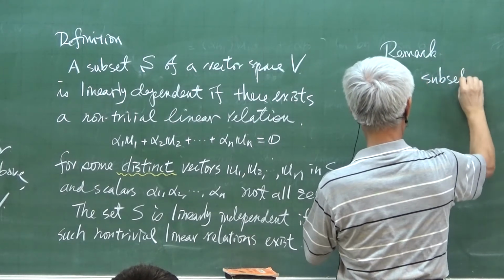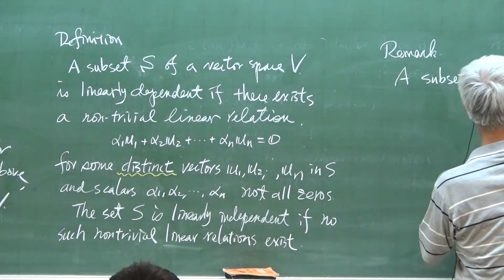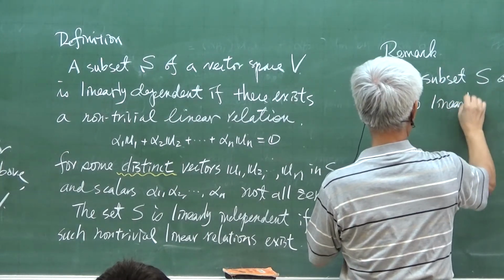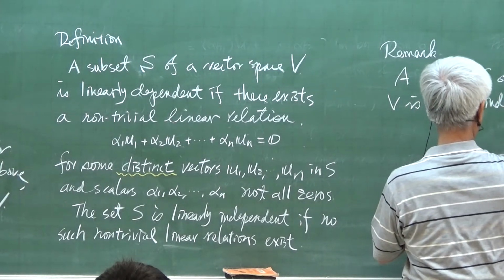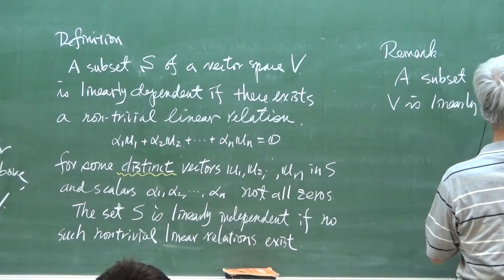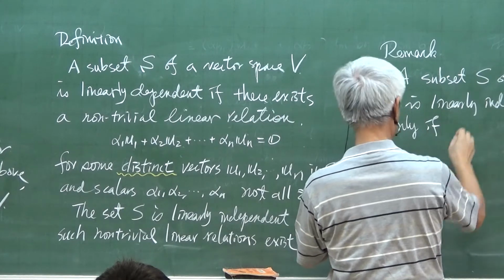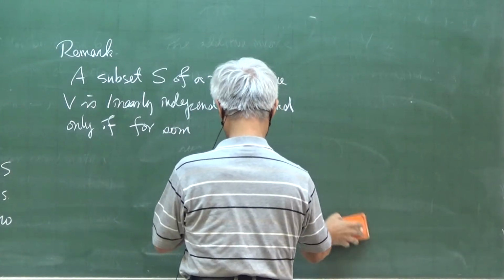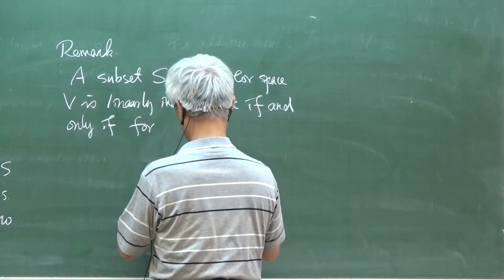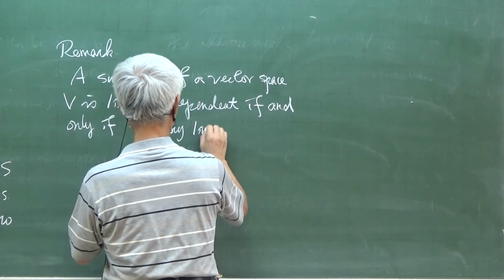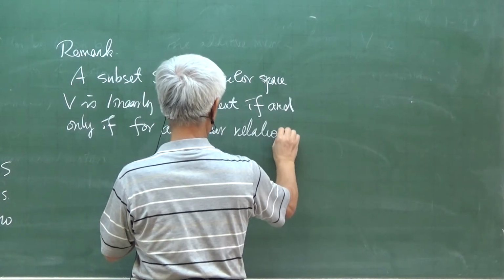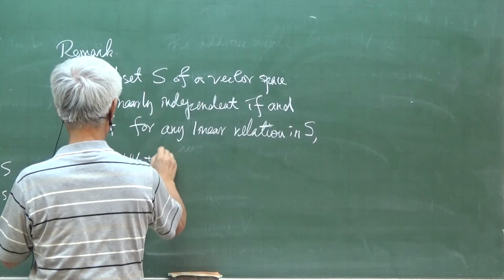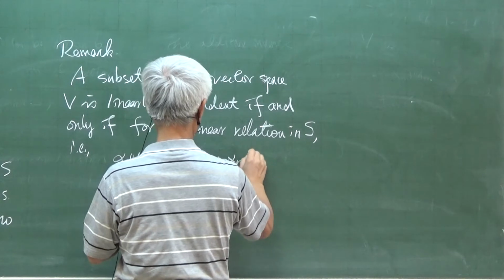A subset S of a vector space V is linearly independent if and only if, for any linear relation in S, i.e. alpha 1 u1 plus alpha 2 u2 plus ... plus alpha n un equal to 0,